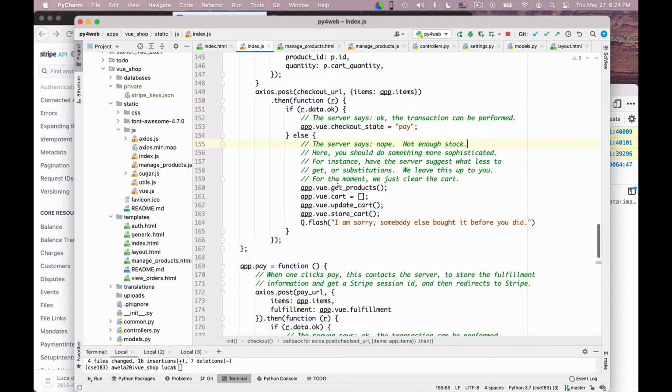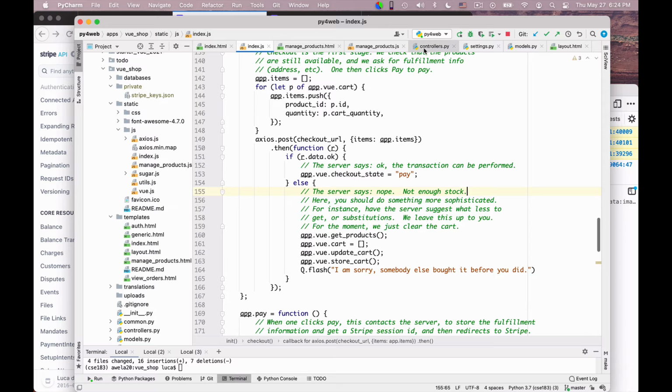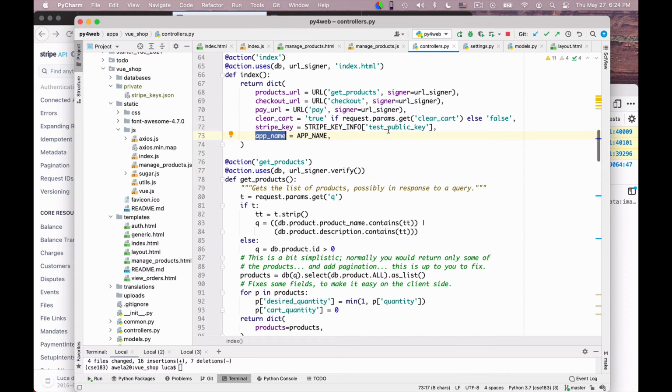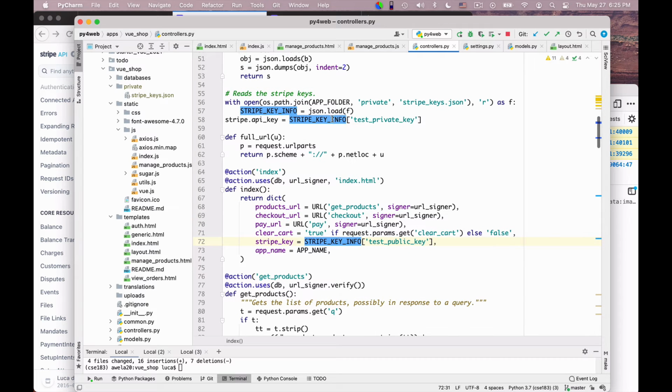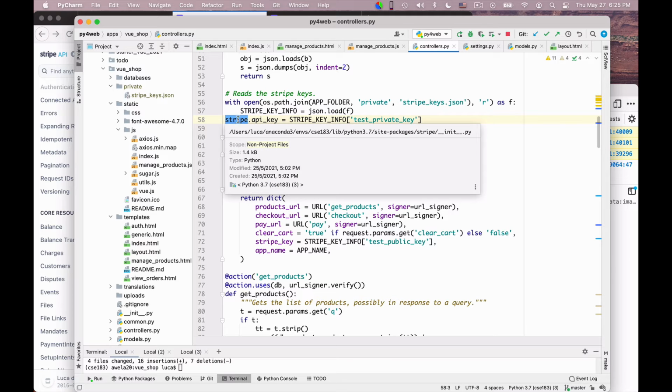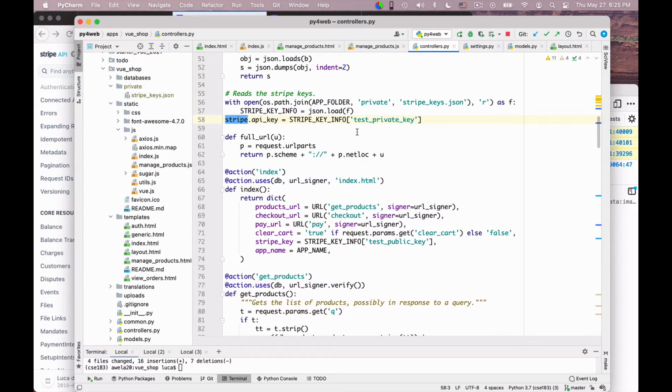You can see here on the server in controllers.py that I actually read these into something called Stripe key info, and then I have the test private key that I use on the server to assign to my API key of the Stripe object. Okay, and to the client, to the browser, I give the test public key that will be stored in a variable called Stripe key.